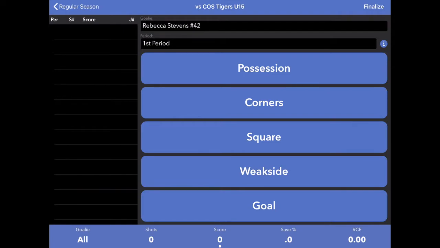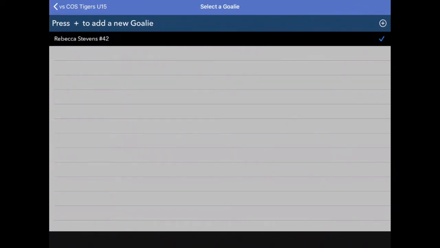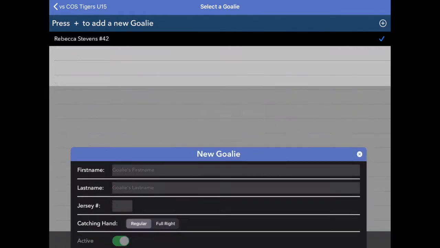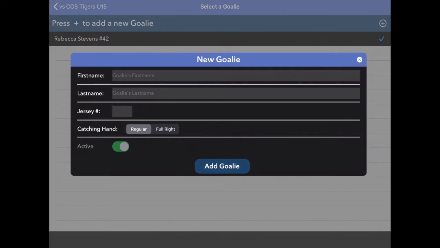If you don't have any goalies in your system, then you'll go through this much like the team and the opponent screens before. You tap on the goalie field, it'll show you a list of any goalies you've already entered into the system. If you need to add a new one, just hit the plus sign. This time at the top right, and it'll give you a screen to where you enter in the goalie's first name, last name, their jersey number, and their catching hand. And then you can add the goalie